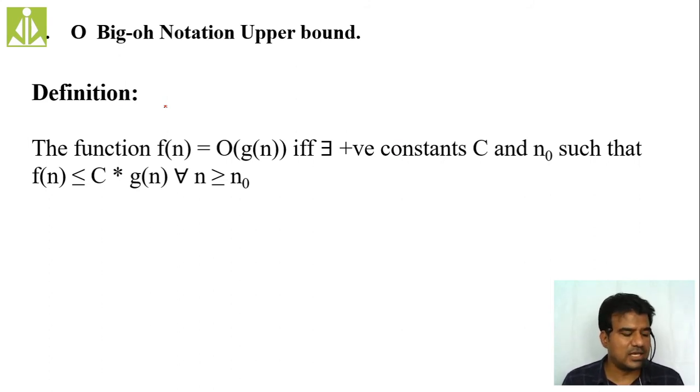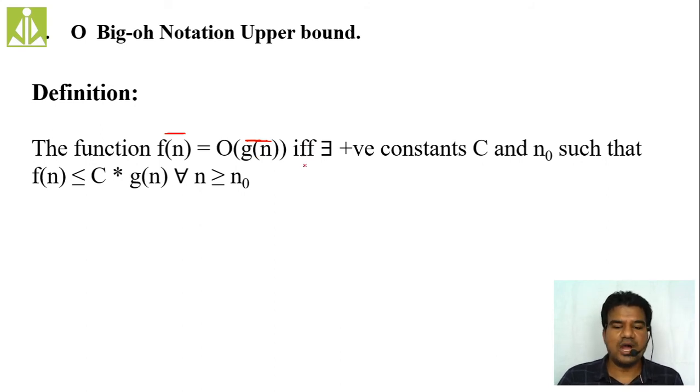Big O notation is the upper bound of the function. So according to the definition of big O notation, the function f of n can be represented in order of g of n. So we are taking a different function to represent it, g of n. We got the f of n function, and we are taking a different function g of n, and f of n can be represented in order of g of n if and only if